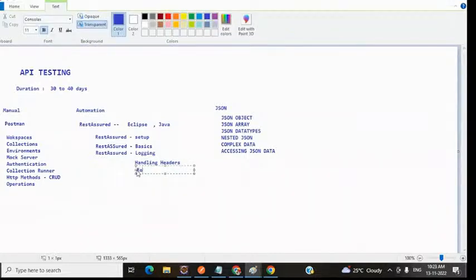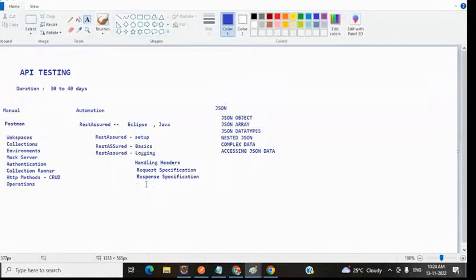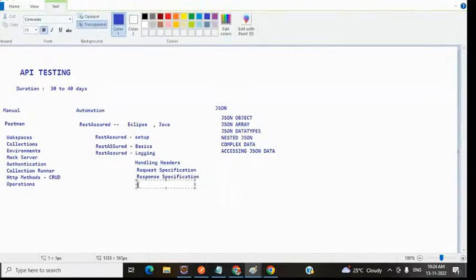Then something called a request specification and response specification. Okay, after covering this request specification and response specification,